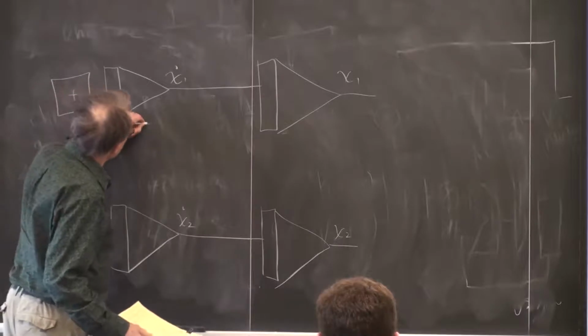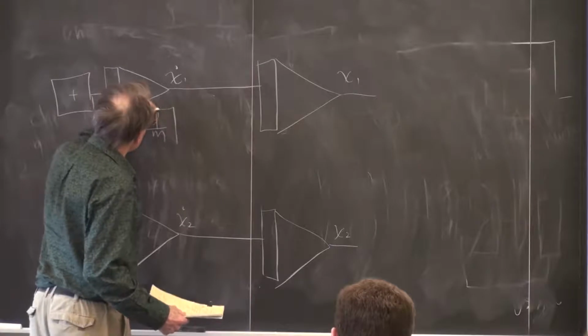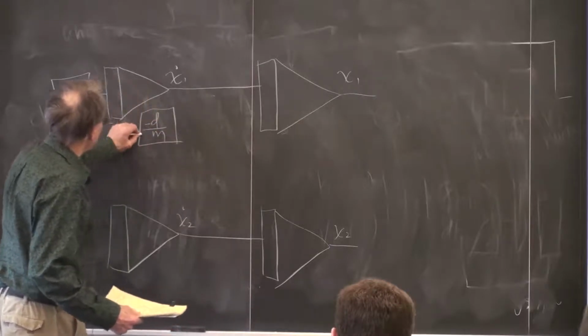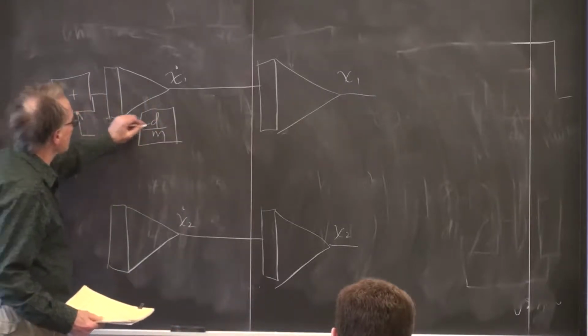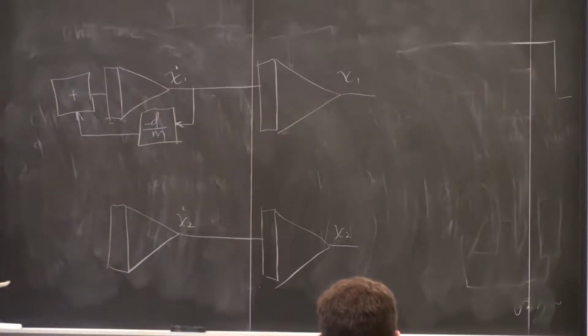In particular, minus d over m times, so we're going to make a multiply just look like a scale block, minus d over m times the velocity,